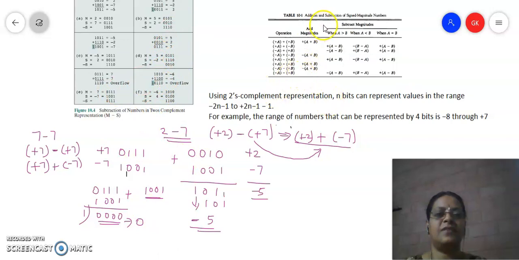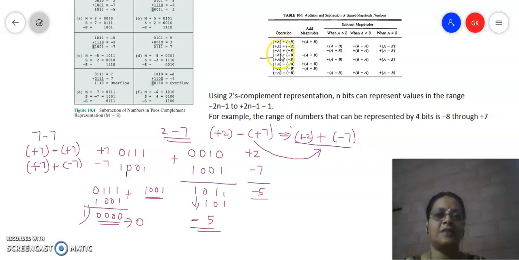Now you just look into this table which specifies how addition and subtraction of sign magnitude numbers are done. Okay, so now if the basic operation is going to be plus, then we are categorizing into 8 combinations, out of which the first 4 will form the addition process, the last 4 will refer to the subtraction operation. In this case, if it is going to be addition, then compare the sign of the two operands. If both signs are the same, then simply add the magnitudes. If the signs are different, here plus and minus, so whenever the sign is different, always do the subtraction.